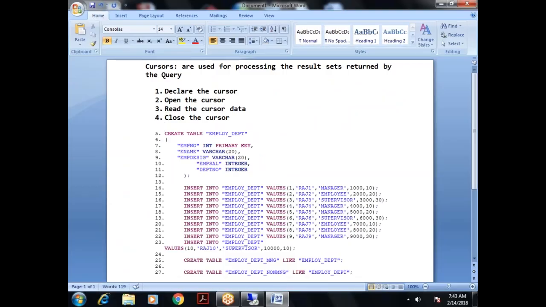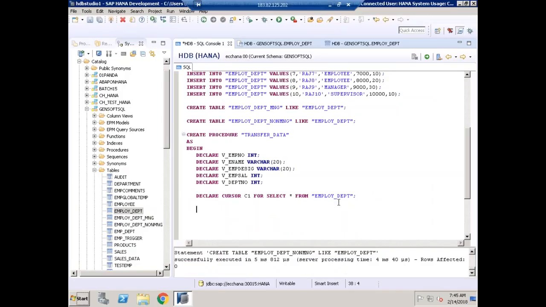What is the next step here? Open the cursor. We need to open the cursor. How do you open it? Simply you say OPEN followed by the cursor name. Whenever we open the cursor, the select statement associated with the cursor will be executed, and the result of that select query will be stored as part of that cursor. That cursor content is called the